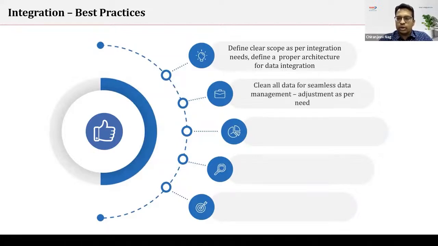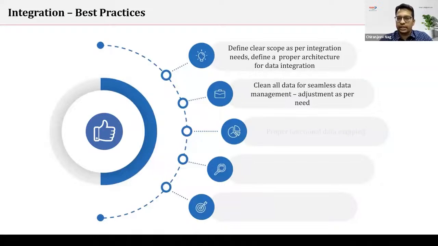So next is clean all the data for seamless migration, with adjustments as per the need. So once the integration framework is ready, the data has to be moved seamlessly. And this is where a lot of issues happen. There is a lot of duplicate data, a lot of redundant data, and data that is not needed. So we'll have to clearly identify that data and get it filtered before we move the information to Salesforce. Because if all that improper, unstructured information moves to Salesforce, then it will really become tough, it will be a heavy cost on the overall project, and it will increase the complexity as well.